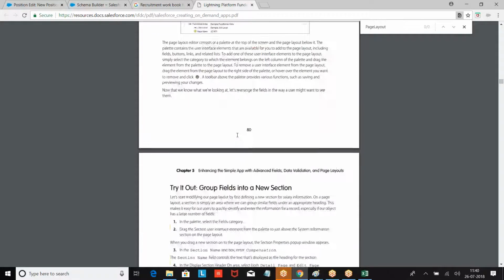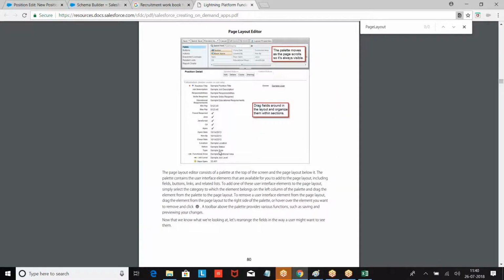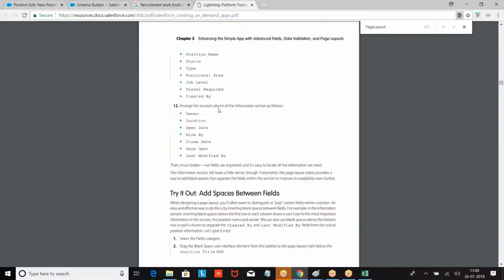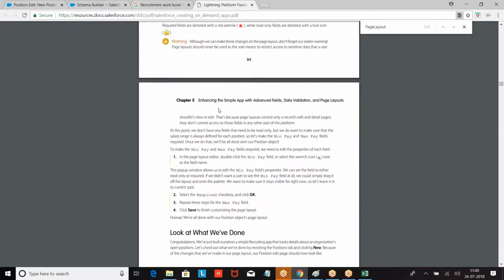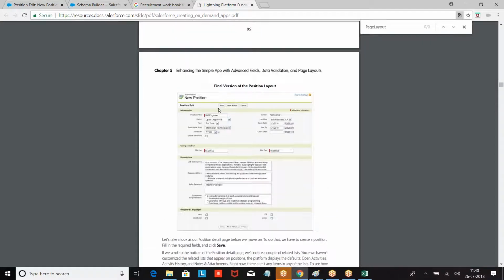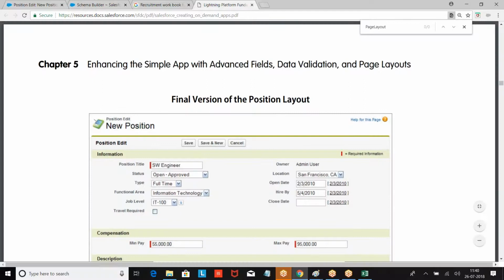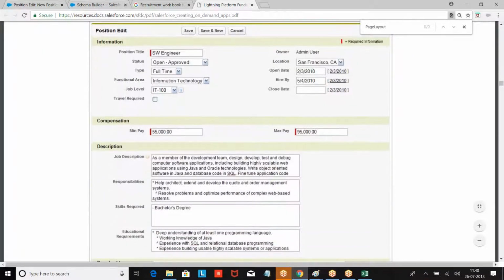Now we are looking at this. Now, if you look at this, the fields are in this format. Now, what we want to do, we want to organize the fields as per my requirement. How do we want to organize? Look at the structure. This is the structure in which I want to organize the data.